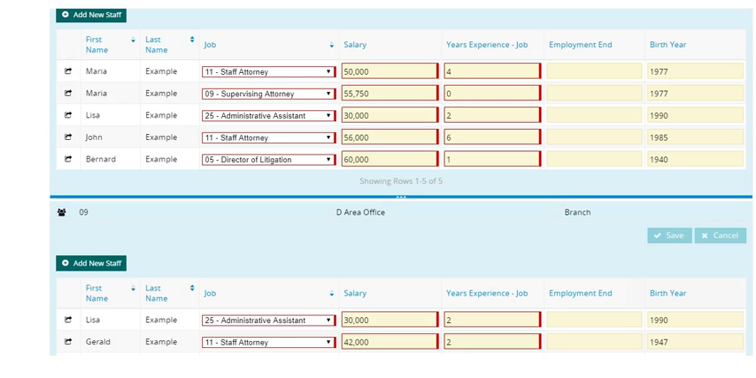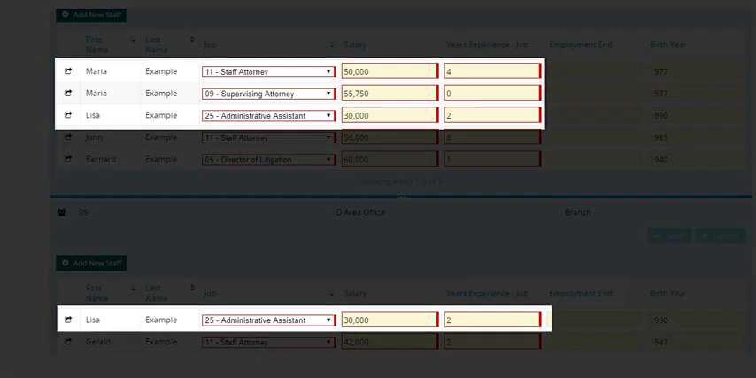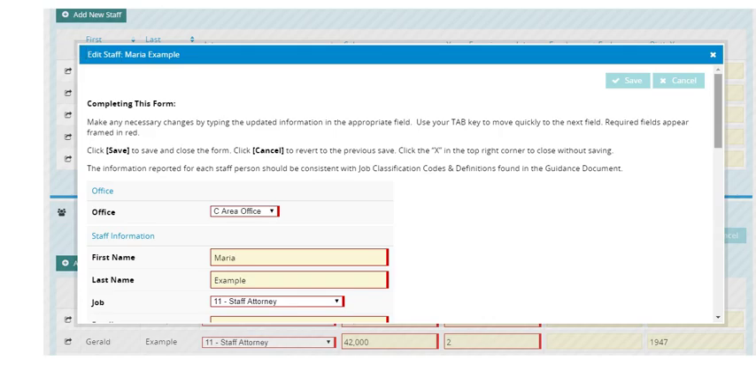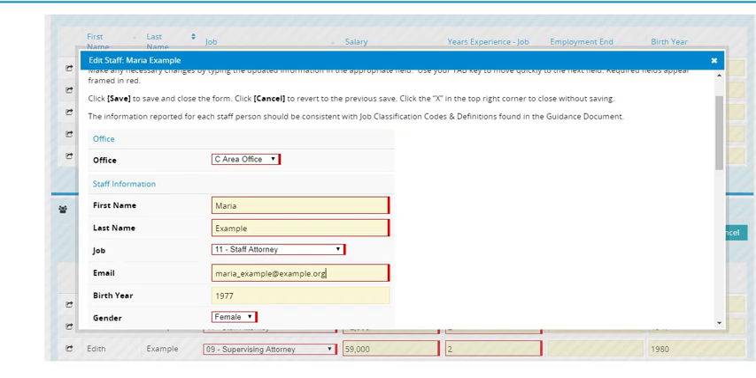If a staff member is listed multiple times in the office staffing form, as is the case for both Maria and Lisa in this example, an error message will appear. In order to fix this error message or eliminate it, please enter the non-current staff entry and enter the email as